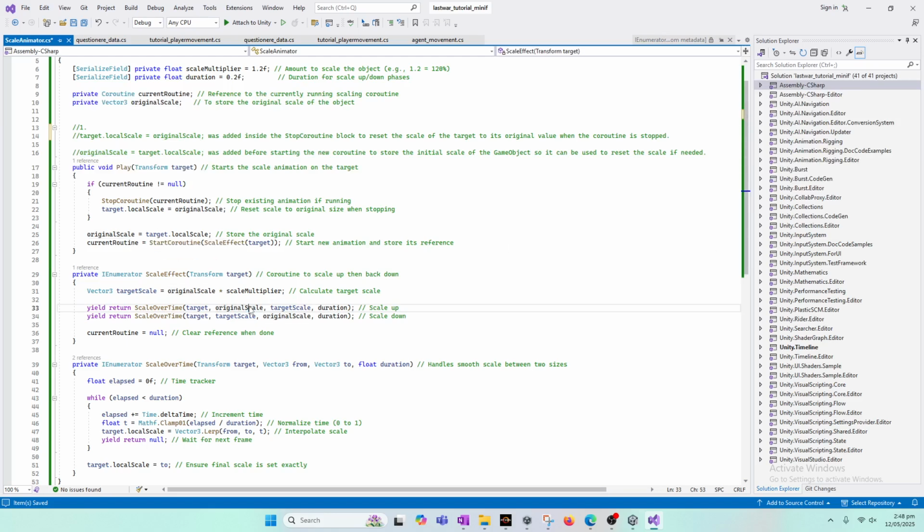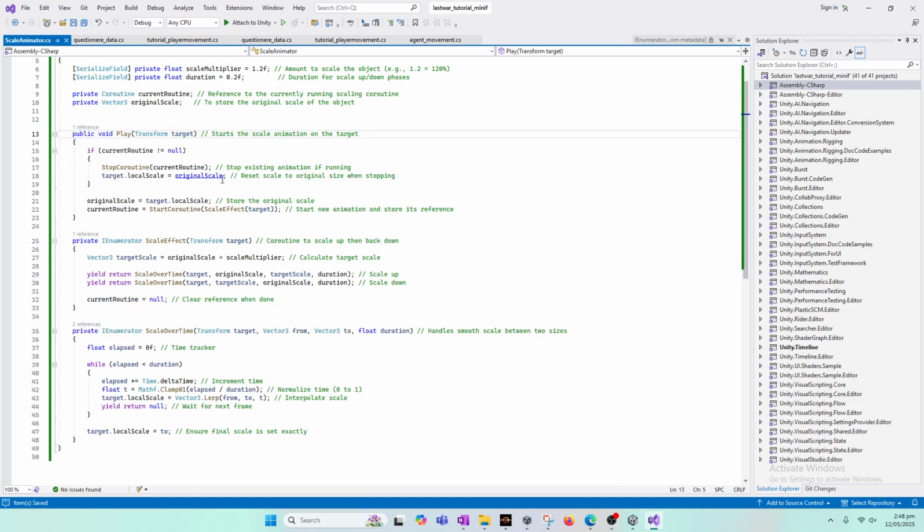So this is the original scale and this is the target scale, and the value will fluctuate between the two, that is, scale up and down. Every time a new coroutine is given, that is, the new scale up and down information is given, it will simply use this method again and stop the previous coroutine. So we can now save it again,